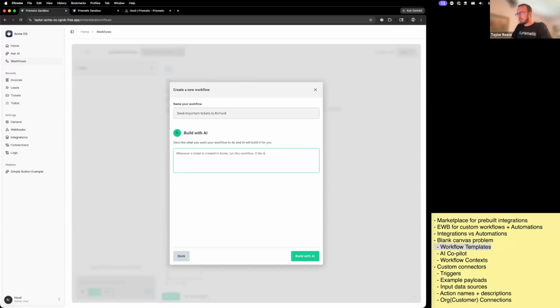If the ticket has a priority of high or critical, and the ticket has no assignee, assign the ticket to Richard Hendricks. All right, so whenever the ticket is created in Acme, run this workflow. If the ticket has a priority of high or critical and the ticket has no assignee, assign the ticket over to Richard Hendricks. So I'm going to click this for a moment, and then I want to talk